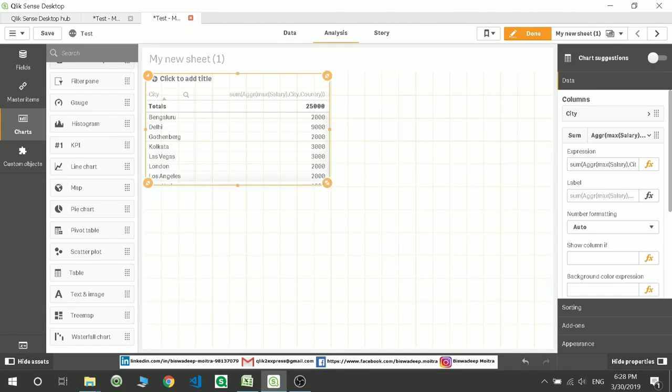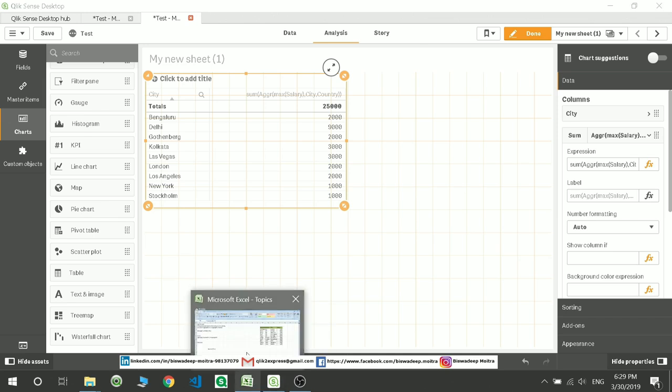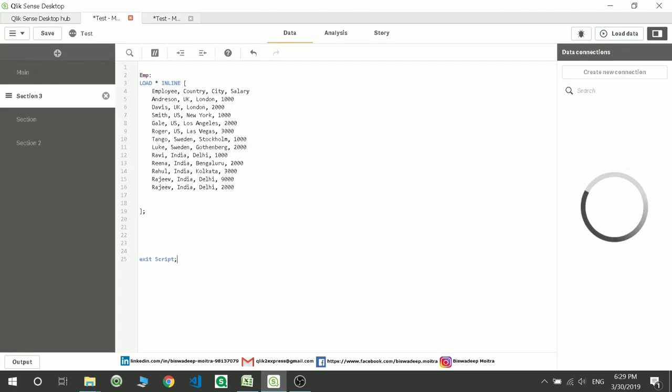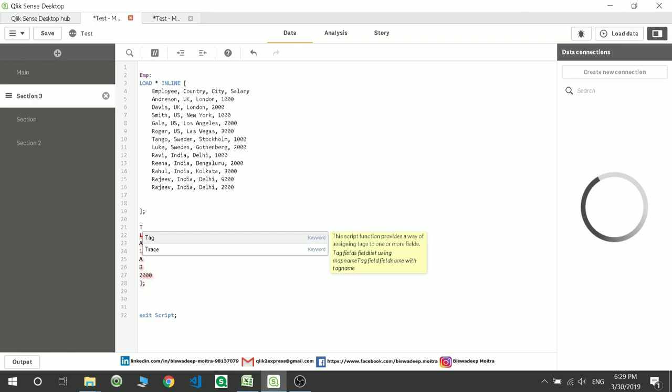Now let's move to the next function, that is the range sum function. Suppose you have data with you. Let's take an inline table and write the column name as ABC, and I want to enter data like 1000, then A, then B, then 2000. See very carefully what's going to happen. Now I close this, give the table name as T, and load the data.